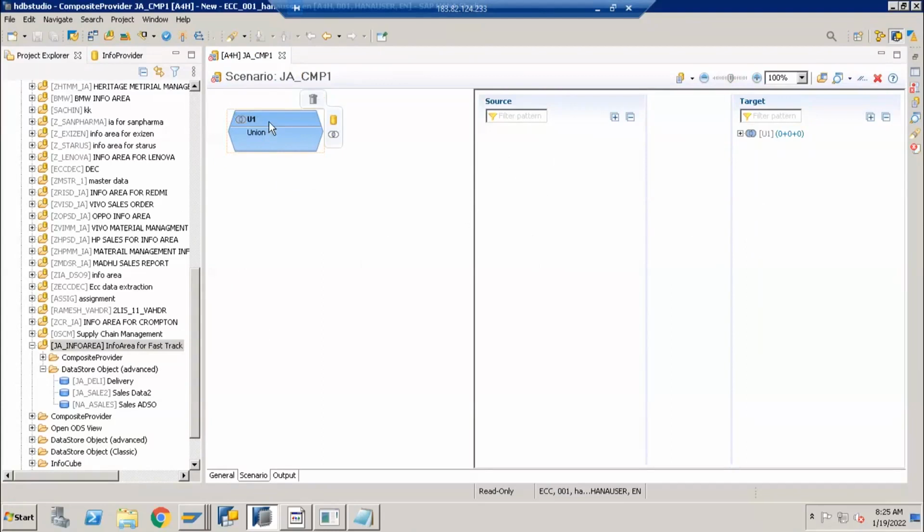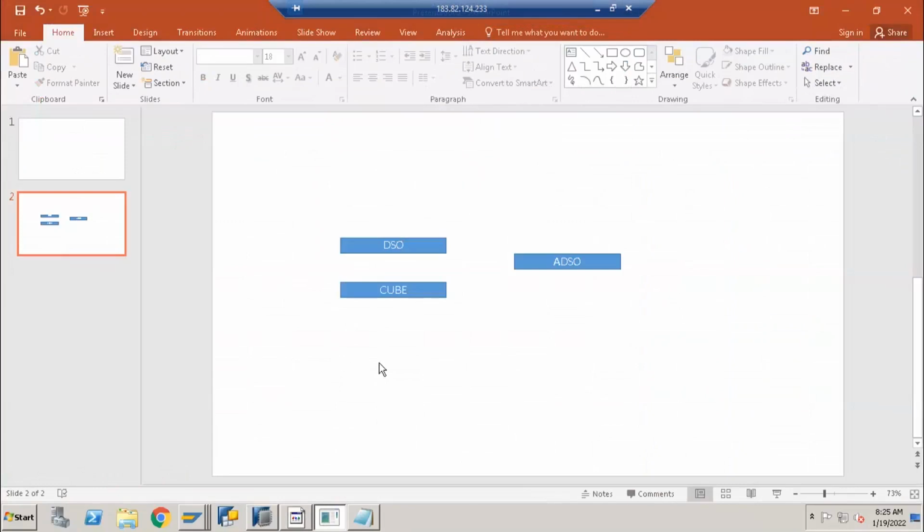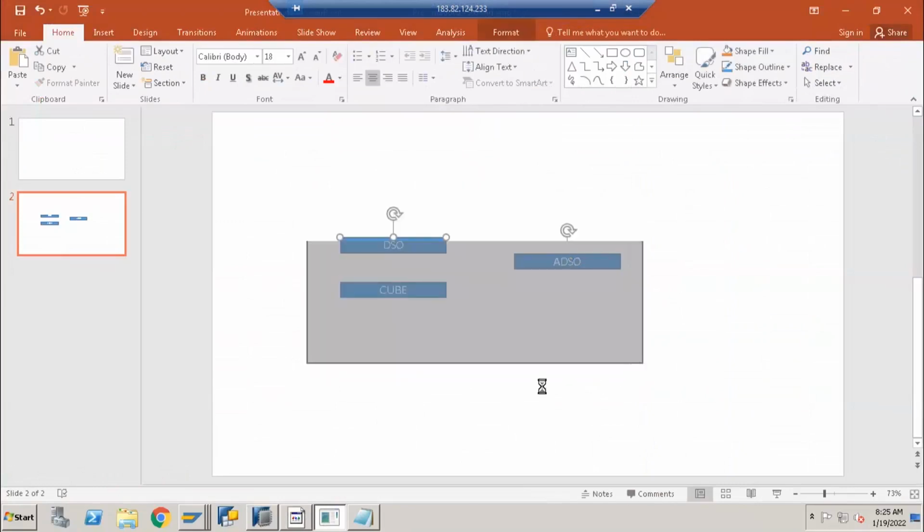But first thing is, what is the difference between the multi-provider and the composite provider? We already saw the difference between DSO and ADSO, like supporting more functionalities. In the same way, multi-provider and composite provider. How SAP brought this into picture: I can use the same picture again.